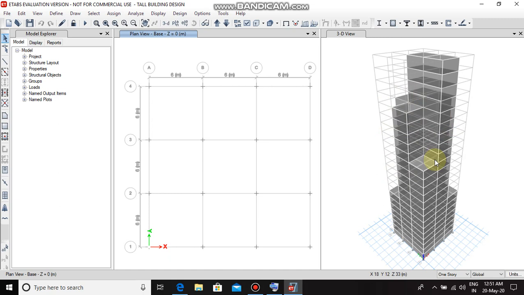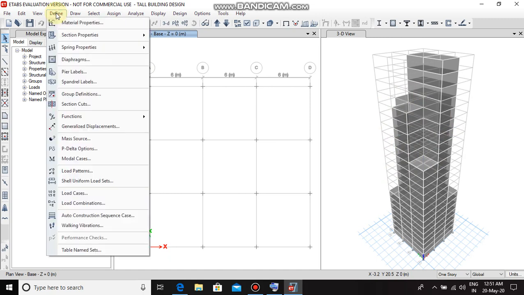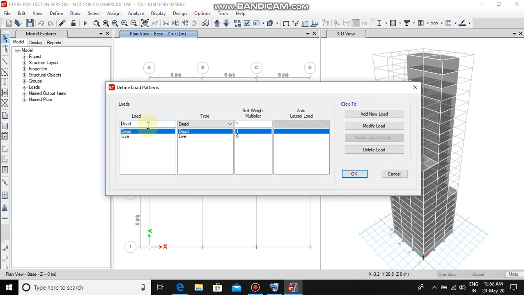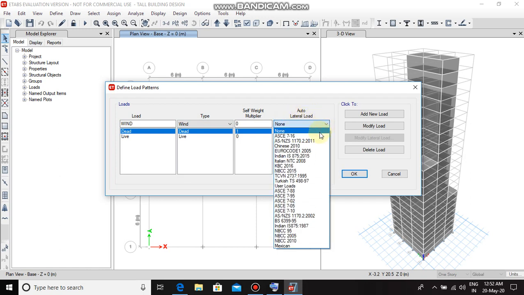Now, let's start with the wind load. First, click on define, then load patterns. Click here, name it as wind, type as wind, and auto lateral load as Indian IS 875.